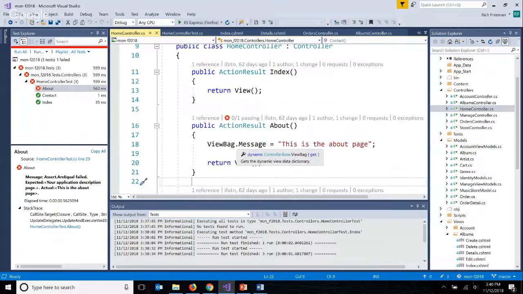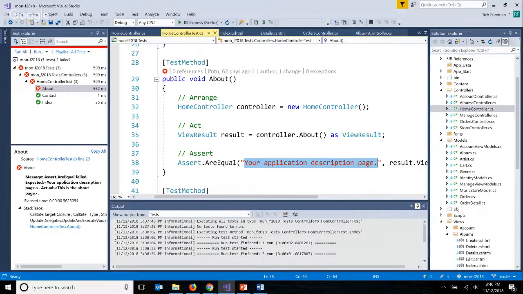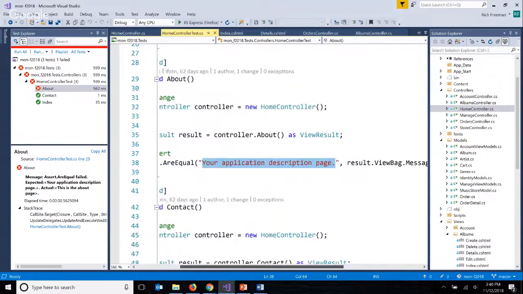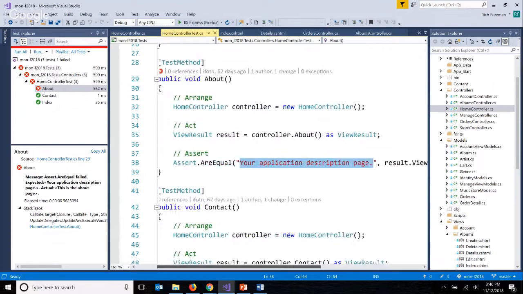What change could we make? And I would say one is a better idea than the other. What could we do to get our about test to pass? Okay, so we could change the test case. So how would we change it? Right, so if we change the result that we're expecting,